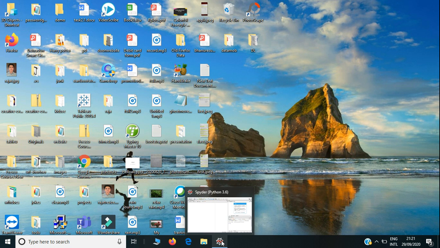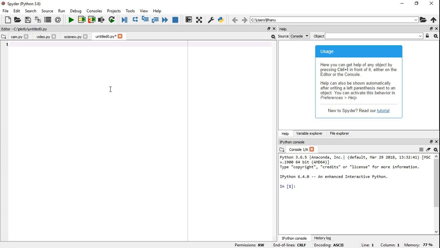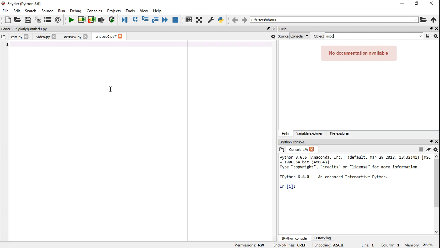So I'll open my IDE. This is Spyder. I like to use this. You can use any of the IDE like PyCharm or Jupyter Notebook, anything that you like. So first of all, we need to import that library. So we can use import